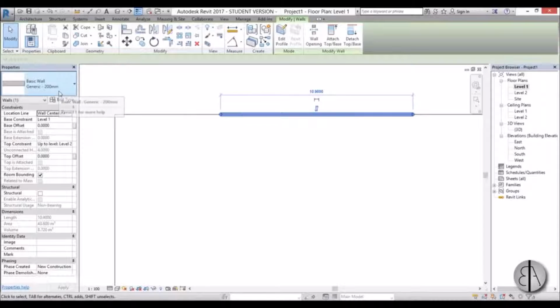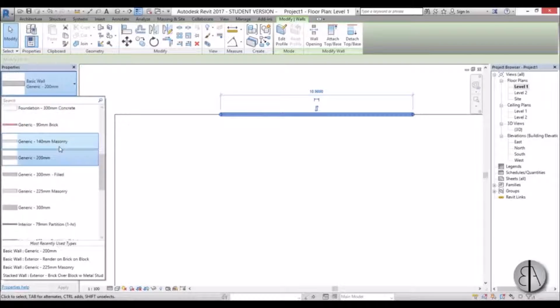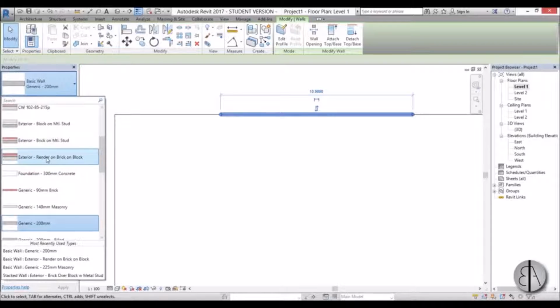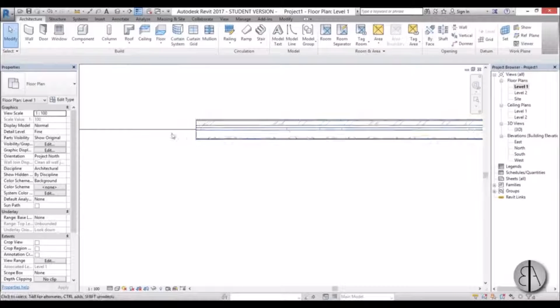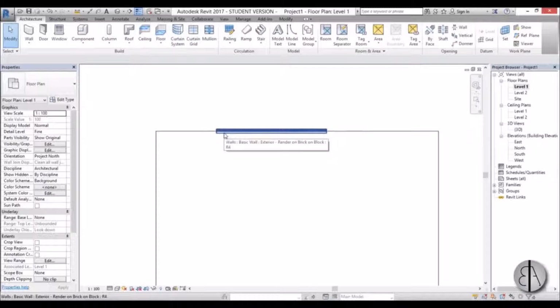And let's change our wall. You can basically change your walls over here in this drop menu, and let's use something a bit more complex like this wall. So you have all these layers and it's basically on the middle. You don't want that. So I'm going